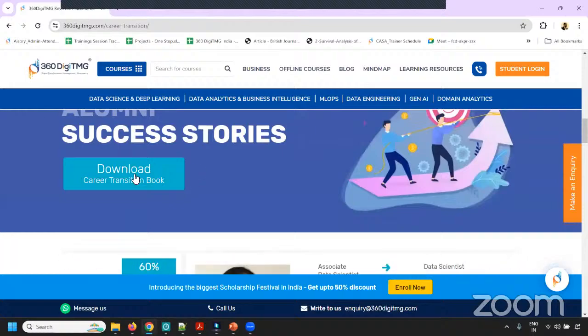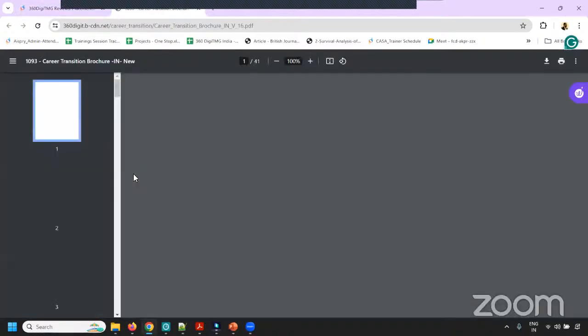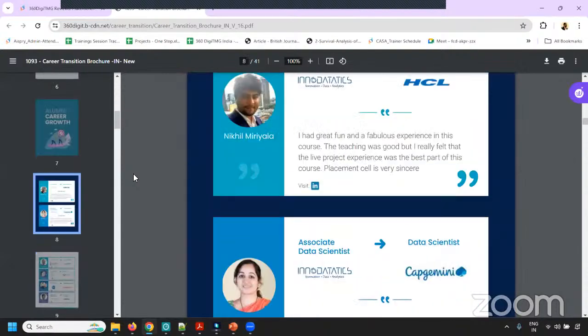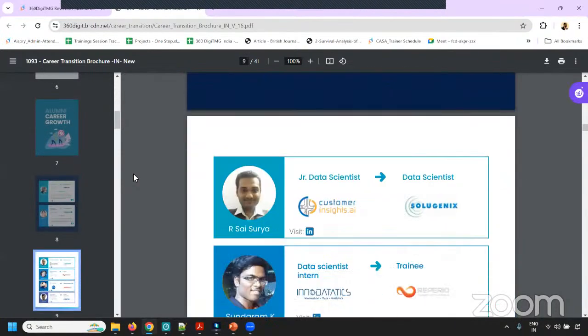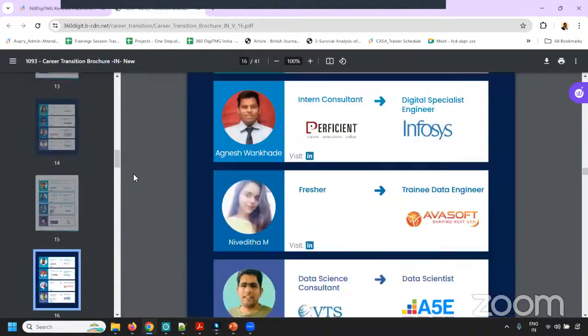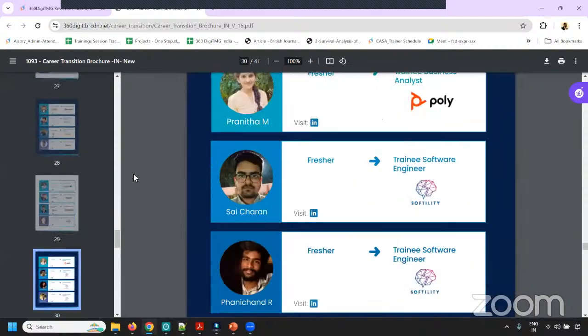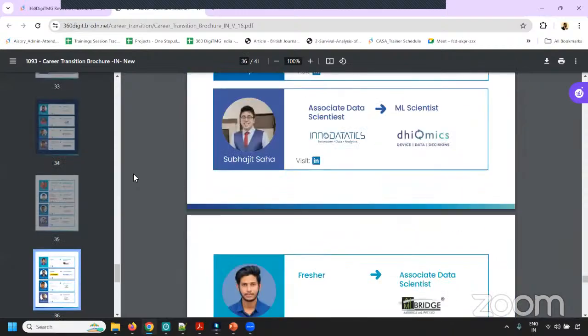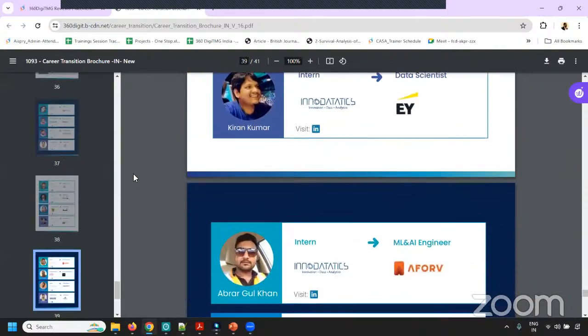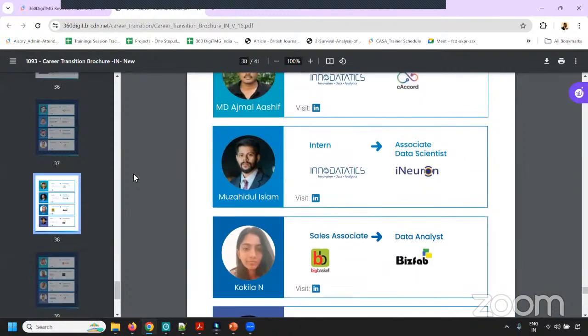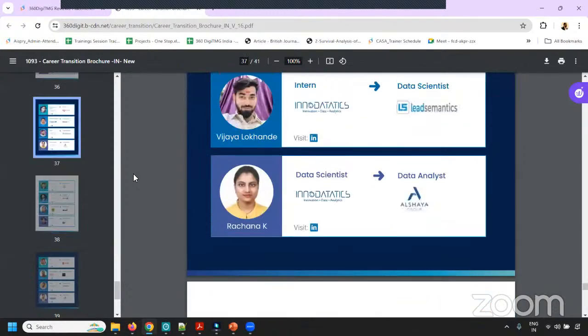You can download the PDF version of the book. You can see the latest entries at the bottom of the page. Month on month, we keep updating this particular sheet, depending on people agreeing to have their details furnished on this platform.